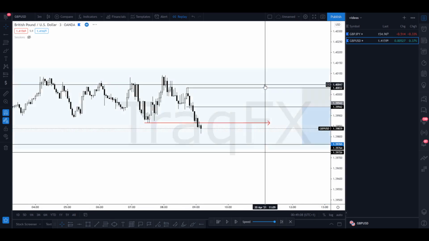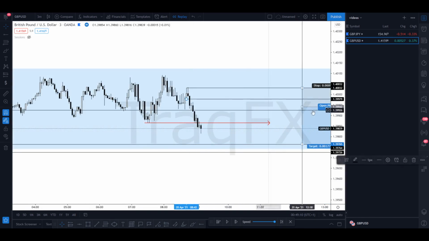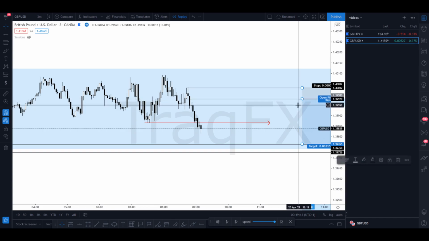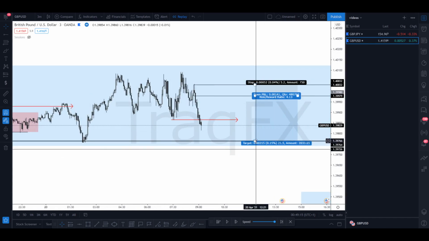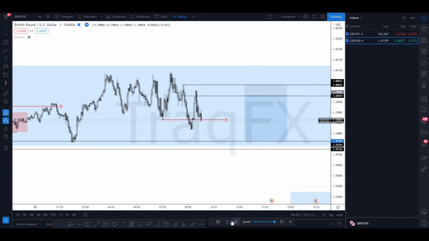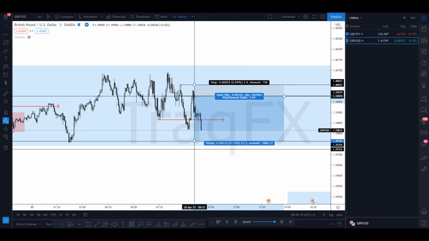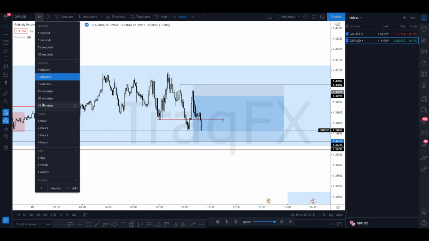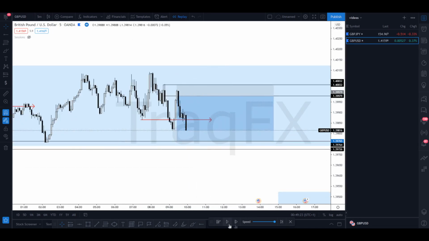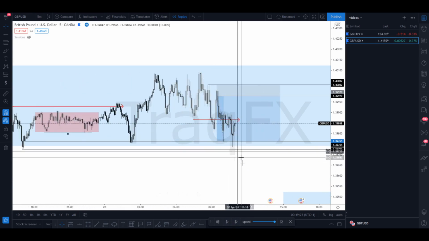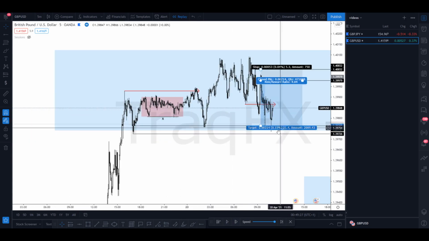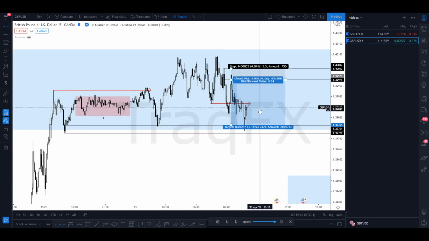Now you could refine this onto the 3 minute, just update here if you did want to do that, and that way you are minimizing your risk by a lot. But let's see what price does. Price taps you in perfectly to the 3 minute institutional candle. Let's go back to the 5 minute and see what price does. And then price smacks your take profit right away. Price hits your TP, and now at this point you just took 21 pips with a 5 pip stop loss,